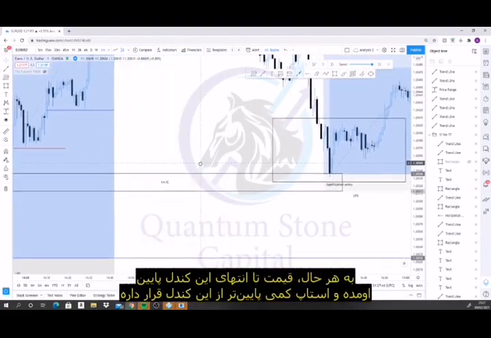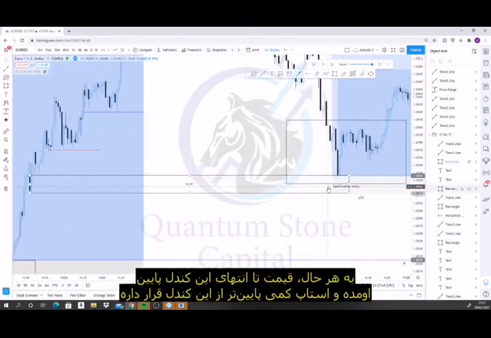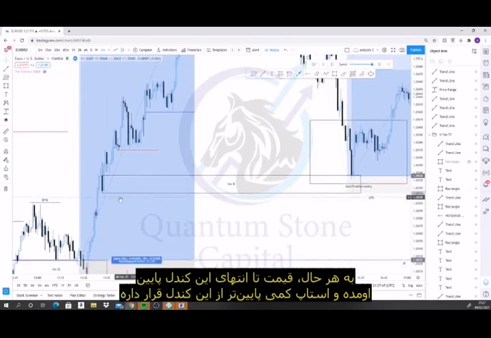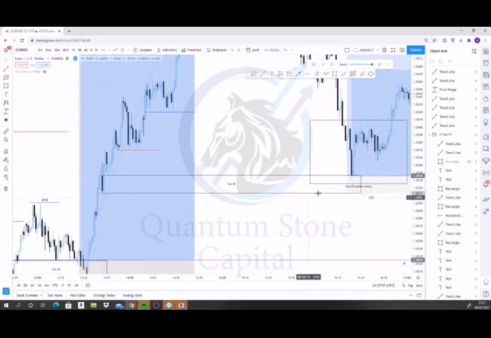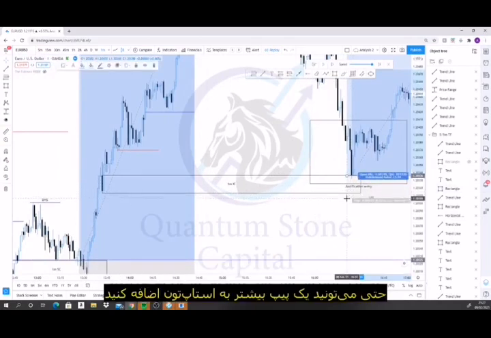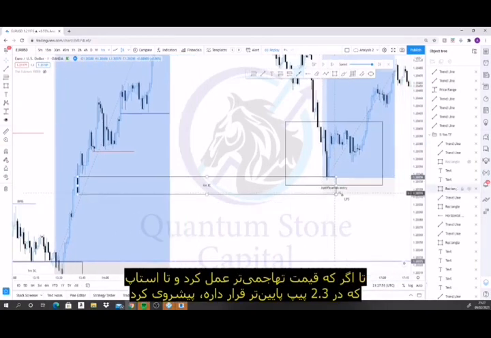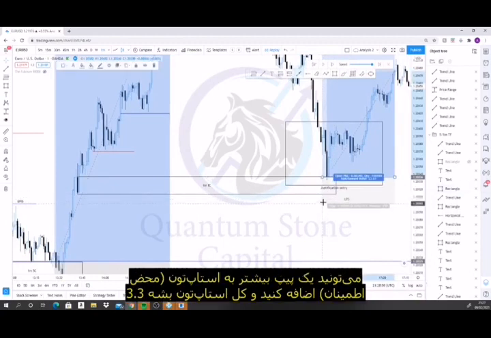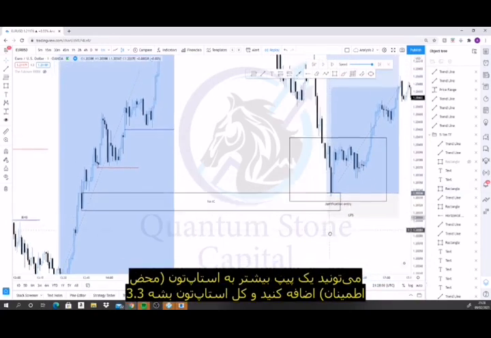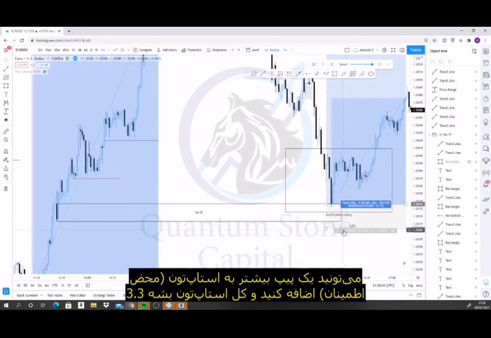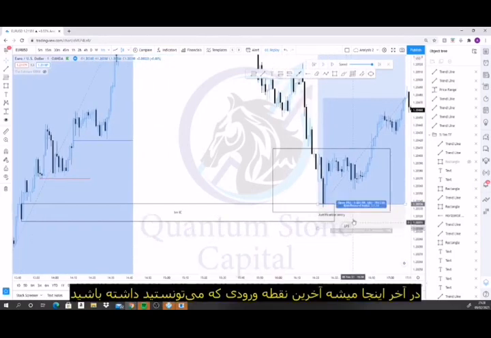But nevertheless, we did come to that candle to the T, and again the stops will be just below that candle there, and you could have accounted for an extra pip. So if you had a sort of aggressive stop here, that would have been a 2.3 pip stop, and again you could have accounted for an extra pip there. So the maximum you're looking at is a 3.2 pip stop, and all in all this would be your ultimate justification entry,